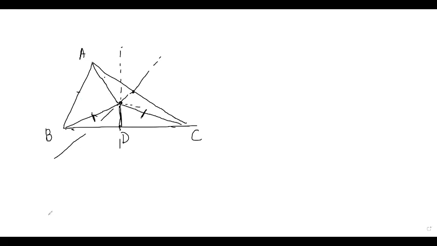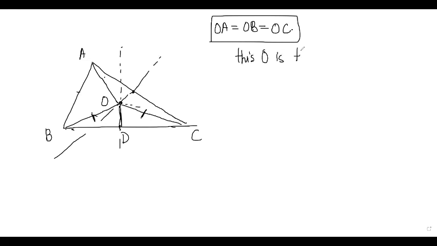Once you do that, you realize that this point O is special, because it is such a point that OA is equal to OB is equal to OC. So since it is equidistant from all the three vertices, this O point is the center. O is the center of the circle. And therefore your OA is equal to OB is equal to OC length will be equal to your circumradius. Once you have this as the circumradius, now we are ready to do sine rule.